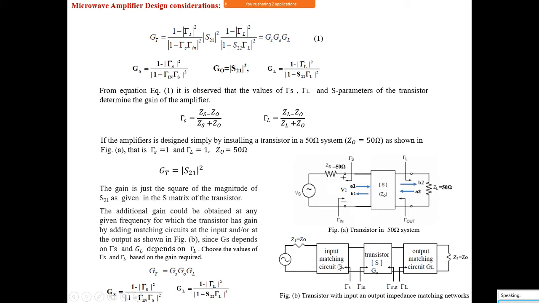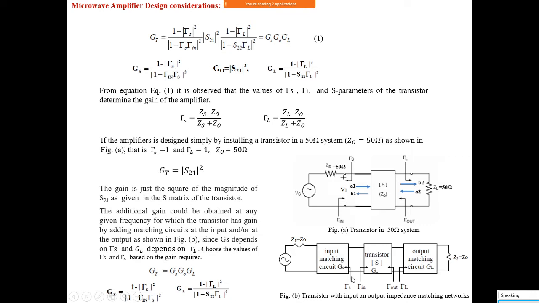So to get the 2 dB, what we have to do is adjust the value of the input impedance. We should set the input impedance between these two terminals such that it gives 2 dB. If so, what should the value be? What is the value of ZS to get 2 dB?